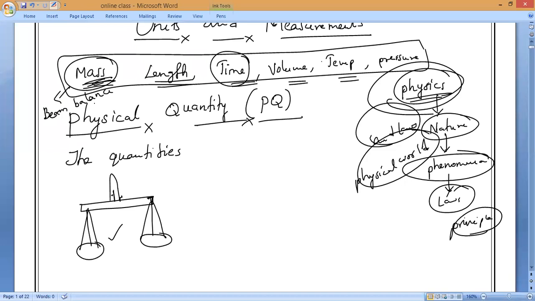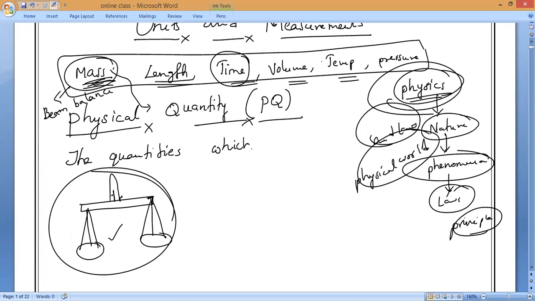If I am measuring the mass of an object using a beam balance, it describes this physical world. That is why mass is considered a physical quantity. Not only mass, any kind of quantities which can be measured by an instrument